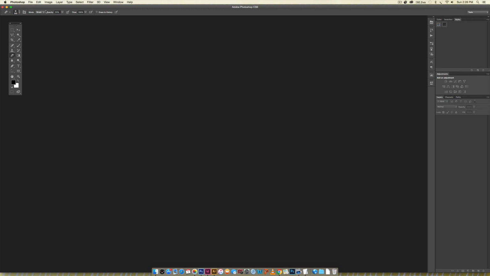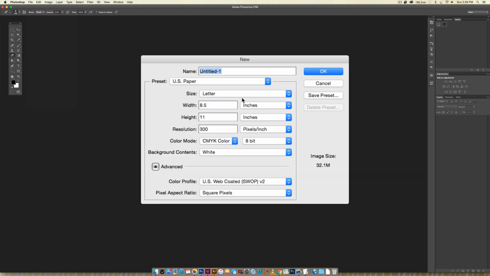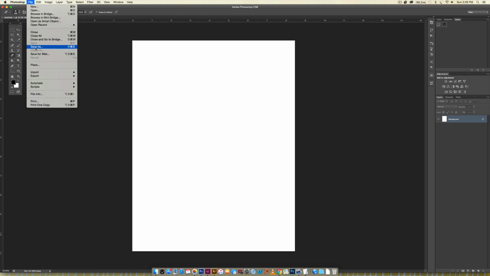So starting right off, I'm just going to create a new document. We're working in Photoshop, so I'm going to go File, New. And I'm just going to keep it as letter just to show you the watercolor texture in action, but I am going to change the color mode to RGB just to keep the colors more vibrant on screen for this video. Okay, so the first thing I'm going to do is just go File, Place,